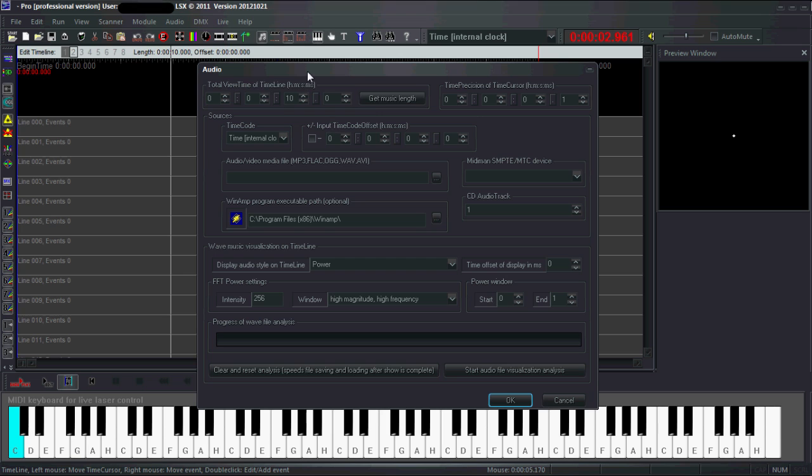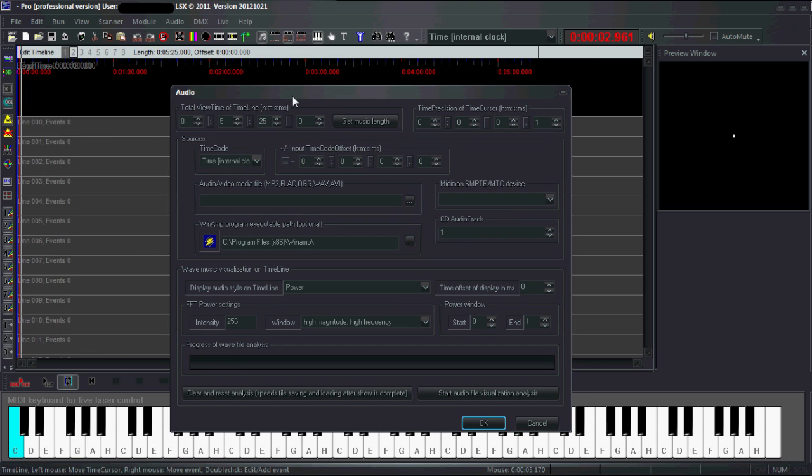In the upper left corner you can change the length of the show, for example, 5 minutes 25 seconds. You can delay when the show begins to play, to add an offset between the music and the actual output of the show. You can also change to what LSX